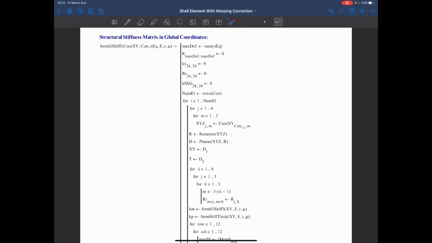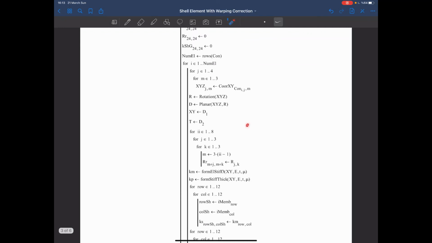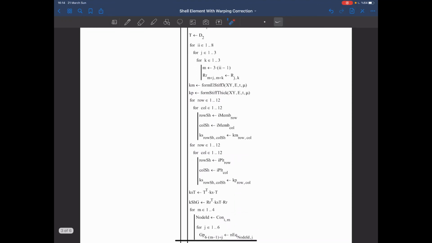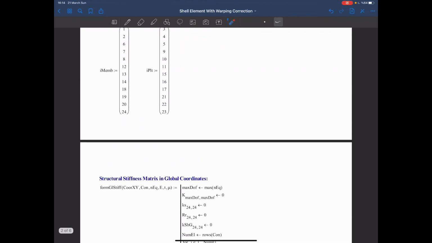And then I make the coordinate planar. So from XYZ, I get the XY of the projected plane, as well as the transformation matrix. Now I'm preparing a 24 by 24 rotation matrix here. So I'm getting the element stiffness matrix for the membrane action, the element stiffness matrix for the plate bending action, and by using the mapping that I show in here,